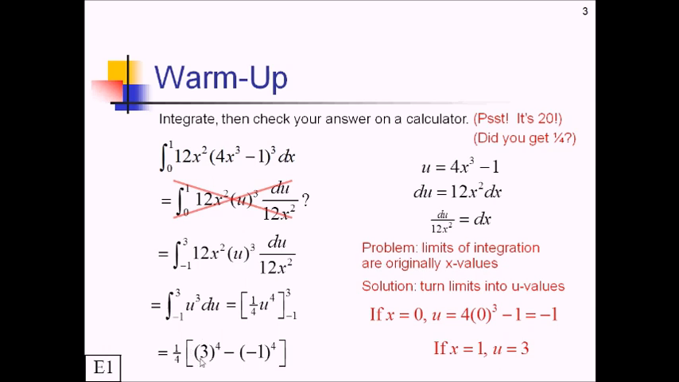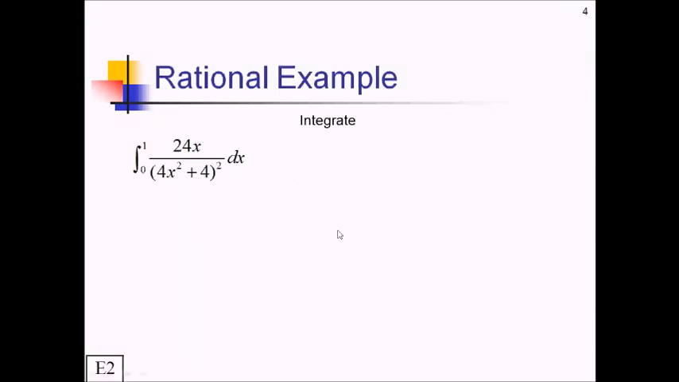So this is going to be 81 minus 1, which is 80, and 1/4 of that comes out to 20, just like we got on our calculator. So you were probably pretty close. You just have to substitute the u values in for the x values. So, keeping that last example in mind as a model, pause the video and see if you can find this